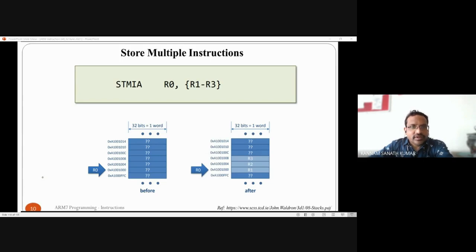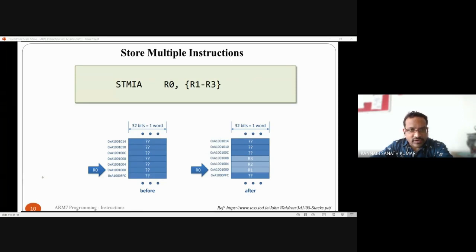To make it easier for the programmer, stack-oriented suffixes can be used instead of increment or decrement. FD means full descending stack, which is equivalent to decrement before. So FD tells the designer that this is a stack related operation.